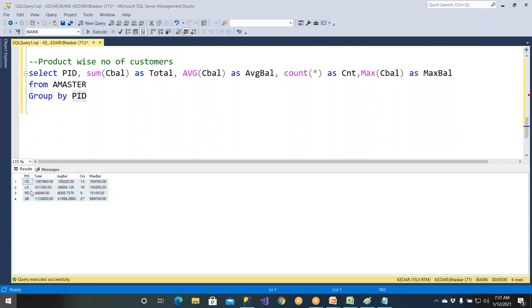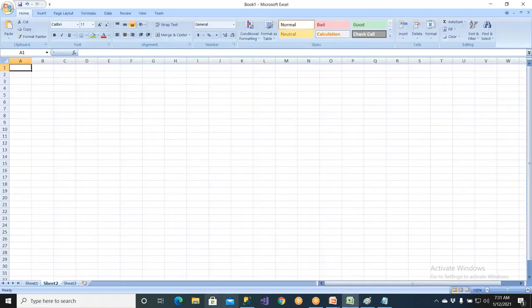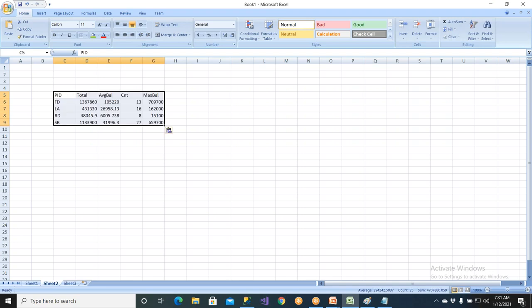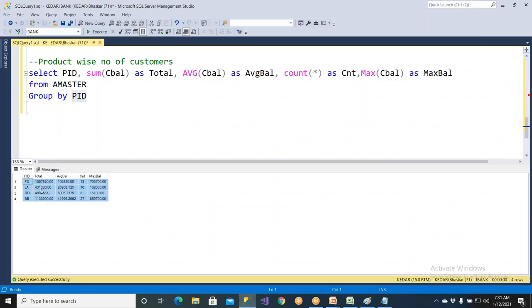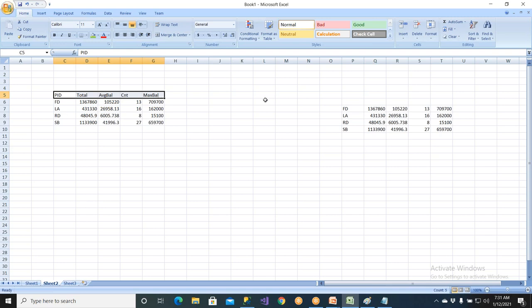I want to copy this, go to Excel sheet. Let me go here, copy and copy with headers. Headers means column names also will get copied. You simply go here, go to this corner and right click, copy with header. When you say copy with header, column names also will come. You just go here, simply copy and you come here and paste it. No column name. See, there is no column name here. There is a column name, right? So you should be able to get